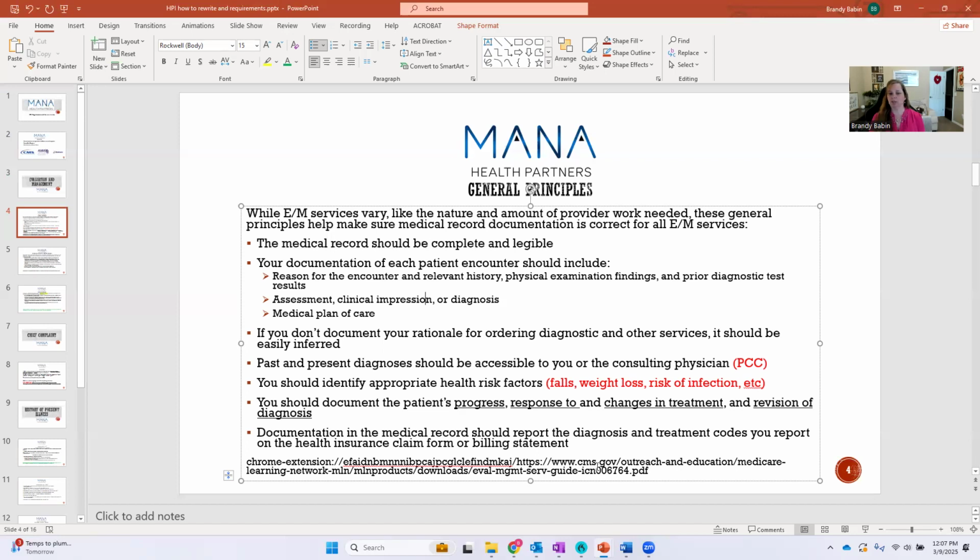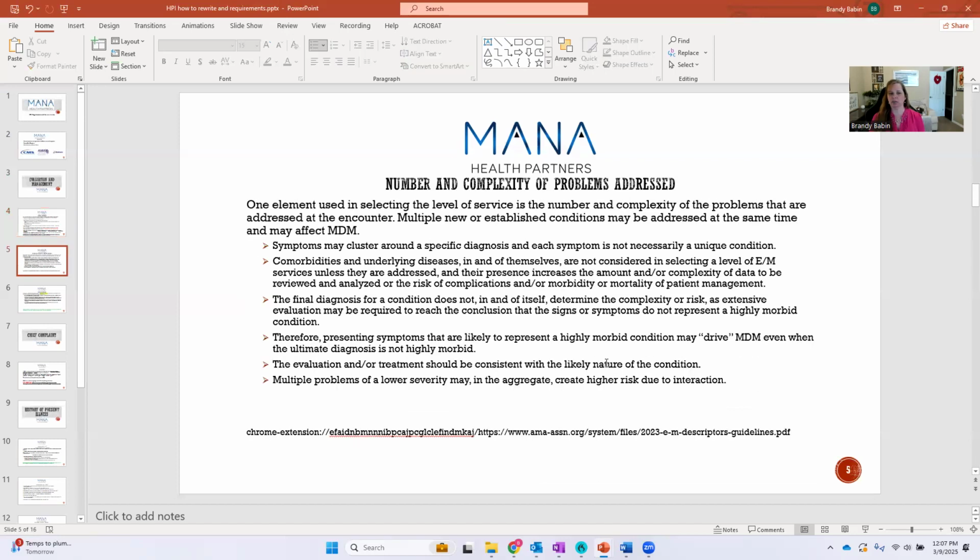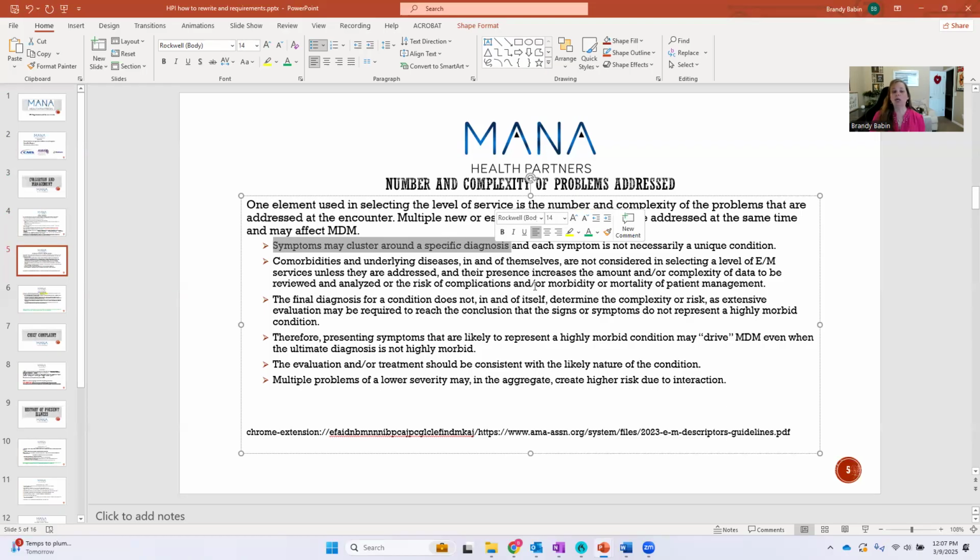Here's a URL that brings you right to CMS that talks about that. So the number and complexity of problems addressed. Even if you're not billing on medical decision making, let's just say you've decided to bill on time, you still have to have something that you're addressing. So it could be a bunch of symptoms that cluster around one diagnosis, or it could be each individual symptom